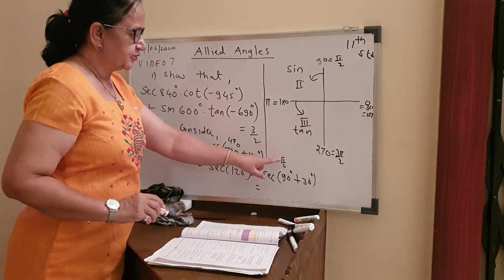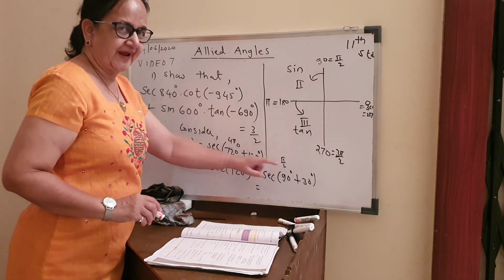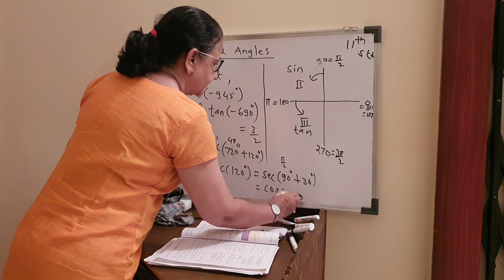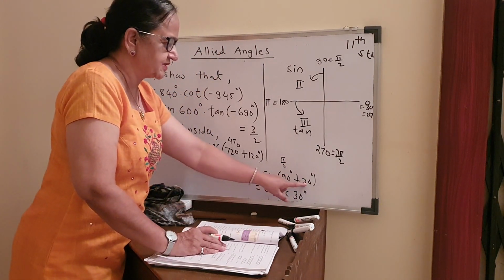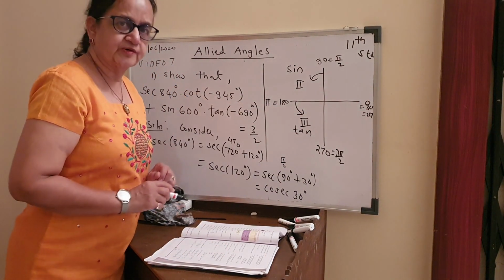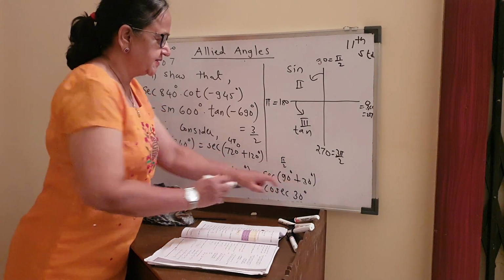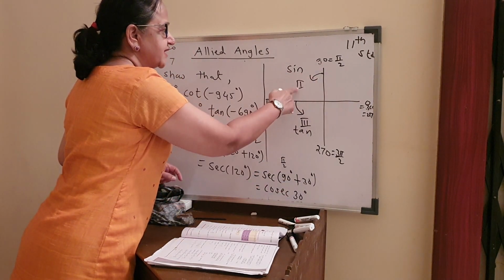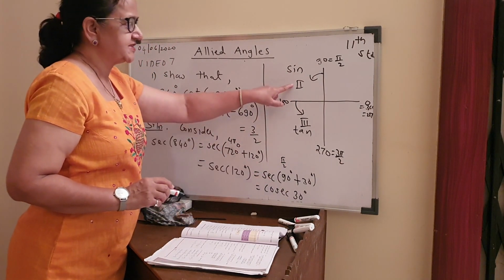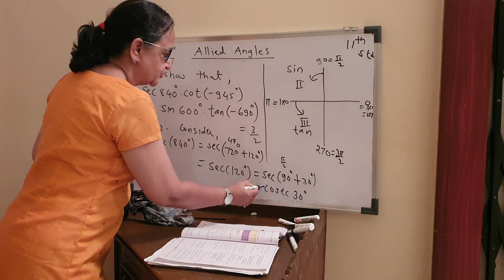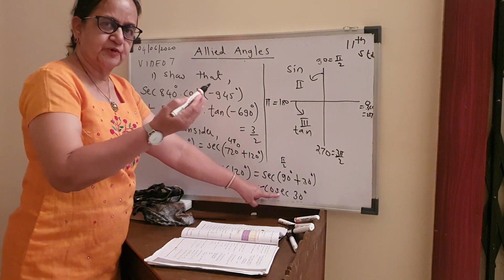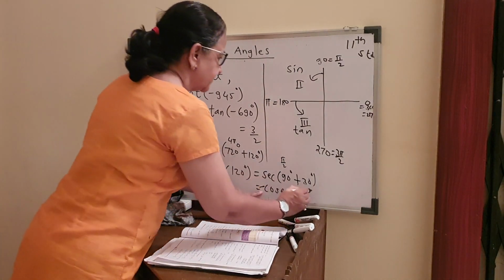What is step 1? Coefficient for pi is 1 upon 2. Fraction, change: sec became cosec. Angle, just pick it up. Don't bother whether it is plus 30 or minus 30. That I bother only in the second group, not in the first group. Step number 2, quadrant: pi by 2 plus, so I come ahead, second quadrant, sign should be positive. Given is sec. How is sec in the second quadrant? Negative. My answer should be negative. Now, sine 30 is half. Cosec is the reciprocal. Reciprocal of half will be 2. So this answer is minus 2.